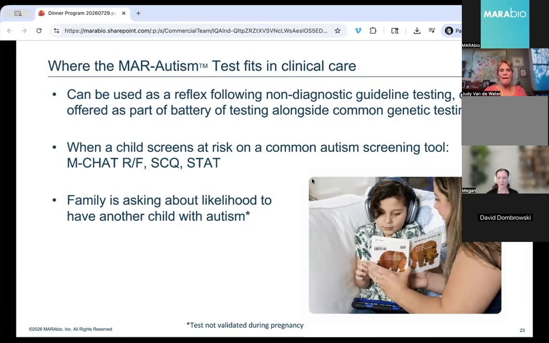Thank you. Next question here is, why is the test not approved for use during pregnancy? And are there any maternal treatments for maternal autoantibodies? I can talk briefly about not yet approved for use during pregnancy. We get that question a lot. It has to do with the validation of the test. As Judy mentioned, there have been academic studies looking at blood samples drawn during pregnancy, I think in the second trimester in that EMA study. So we know that it is possible. We just haven't validated specifically for that physiological state at this time in the laboratory environment for this test.